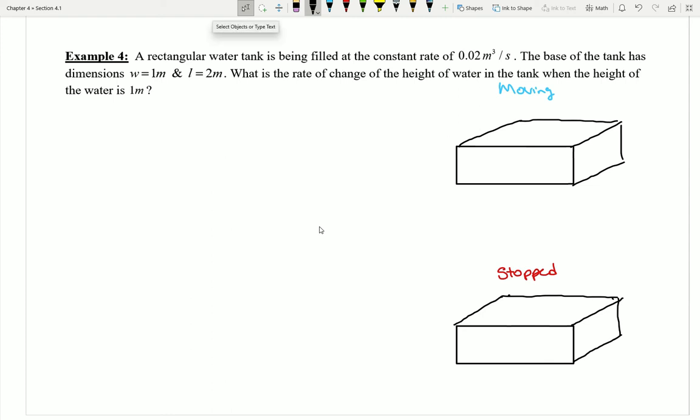Now let's turn our attention to example number 4. Suppose a rectangular water tank is being filled at a constant rate of 0.02 cubic meters per second. Now, let's say that the base of the tank has the following dimensions. It's got a width of 1 meter and a length of 2 meters. And we are interested in what is the rate of change in the height of the water. What's the speed at which that height of that water is changing at the exact moment when the height of